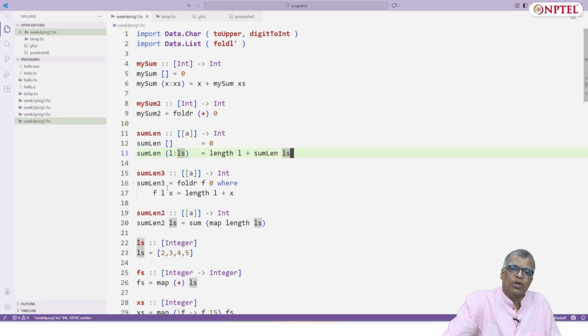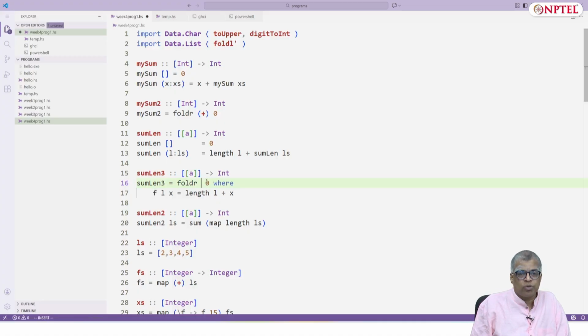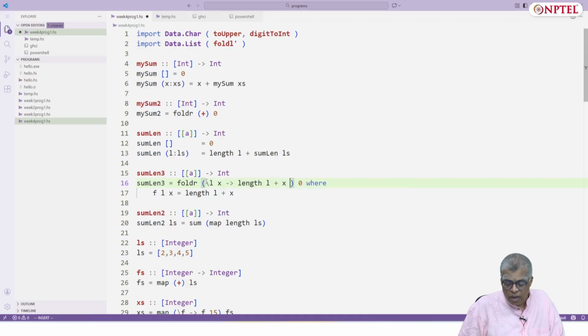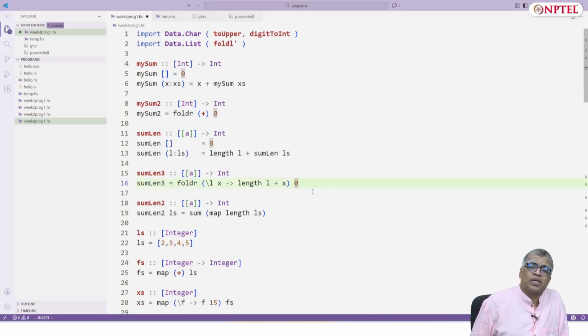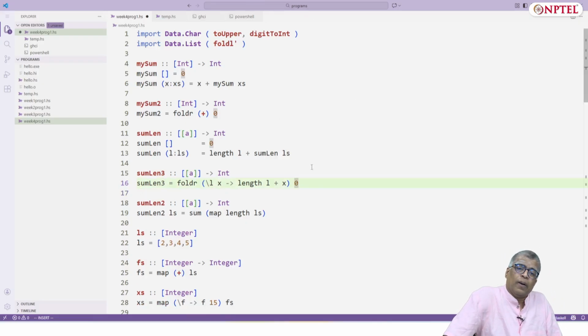That is this function, and actually I can even make it an anonymous function using a lambda: \l x arrow length l plus x. By the way, length l plus x will always be interpreted as taking the length of l and then adding it to x, and not length of l plus x, because there are so-called precedence rules for all these operators.